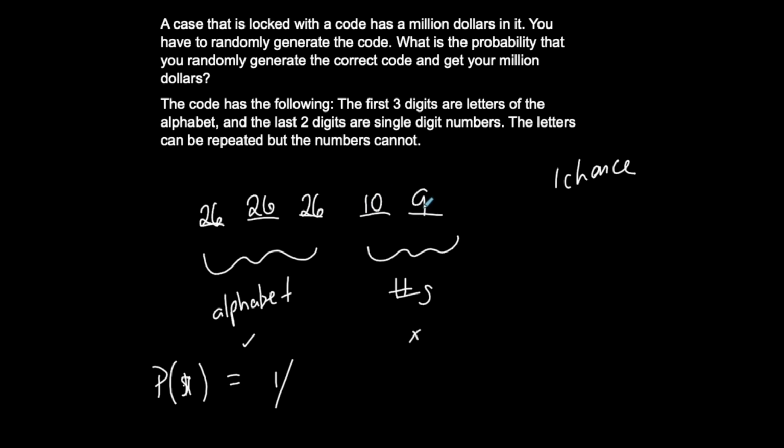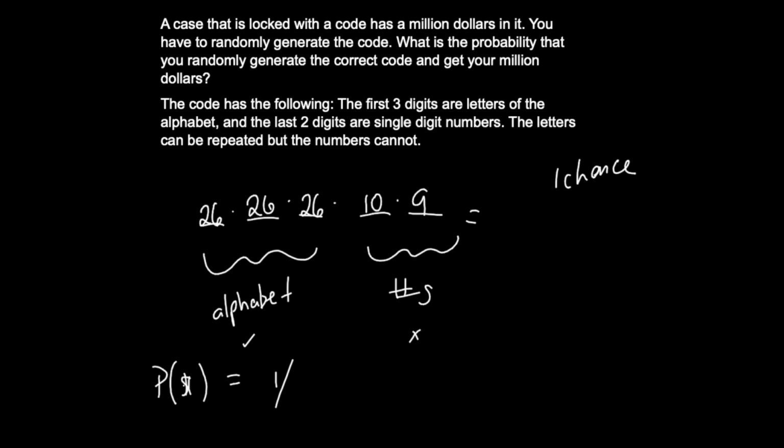Good. The multiplication counting rule says if I multiply all these different cases, right? I have this many ways to do this, many ways to do this, many ways to do this, blah, blah, blah. Multiply it all out, I'm going to get the total amount of ways that I could do it all together, also known as the total sample space, the total amount of codes that are possible given those conditions. 26 times 26 times 26, times 90, which is